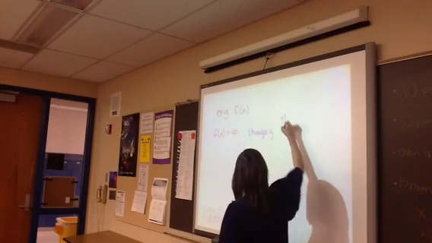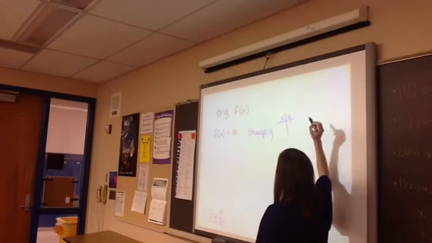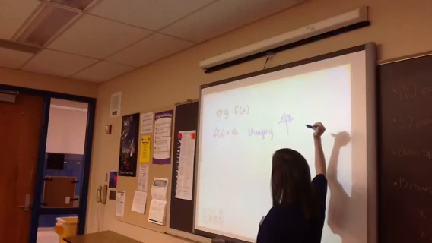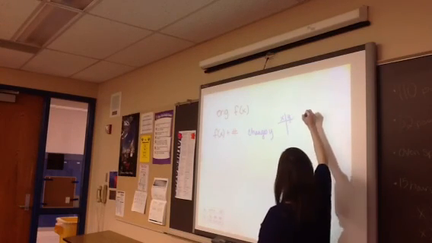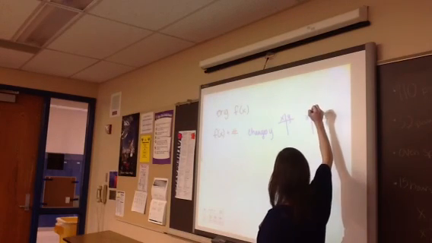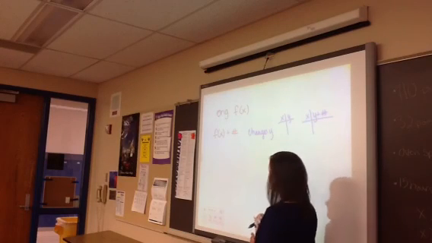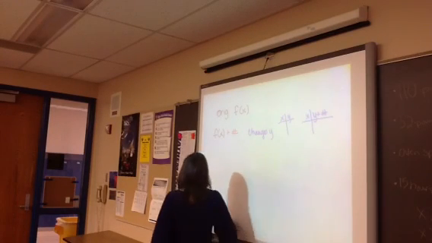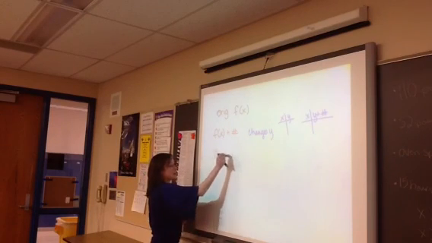So here we have our original in-out table. What is our new in-out table going to look like? Does x stay the same or y? So our y is going to be plus the number. If you have f of x minus a number,